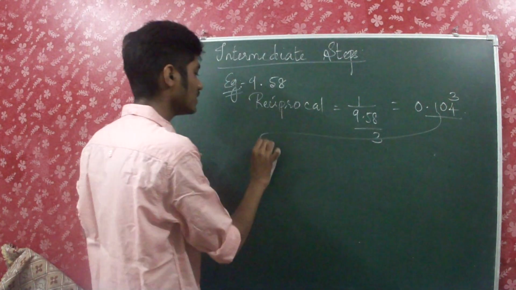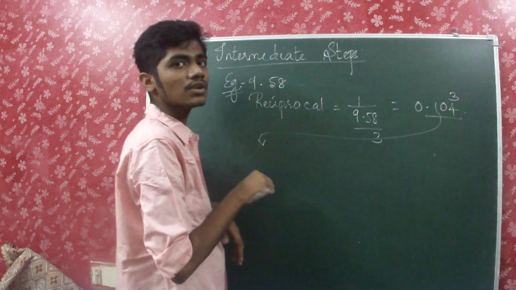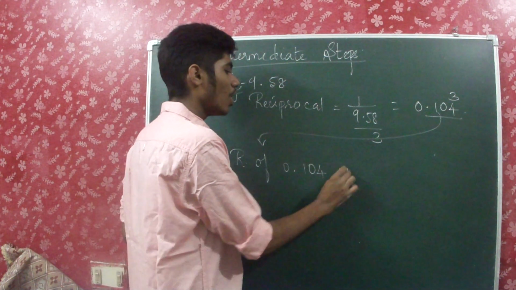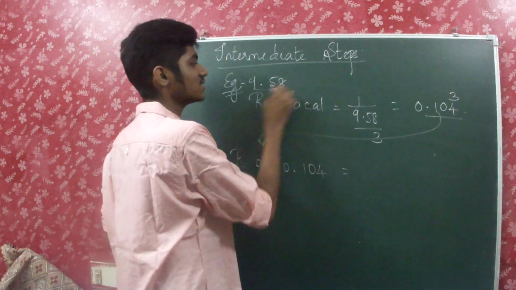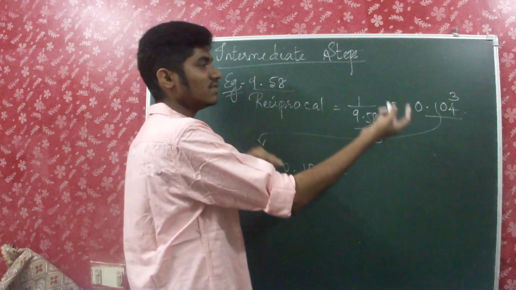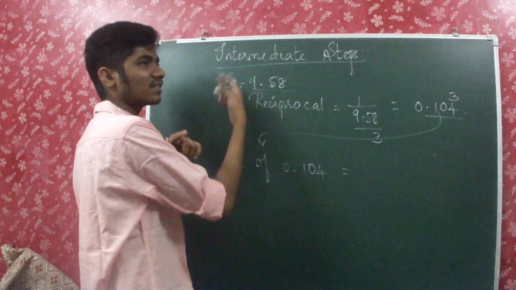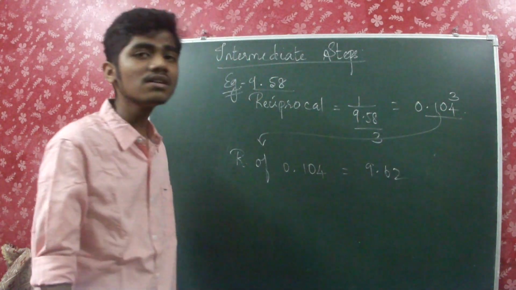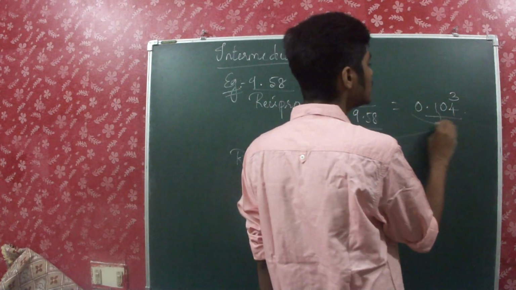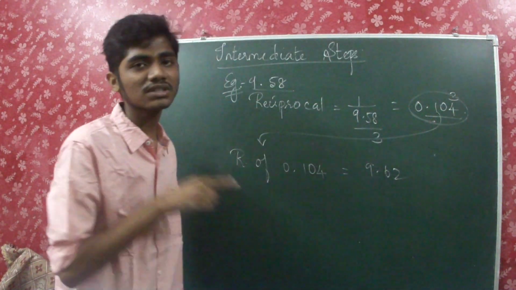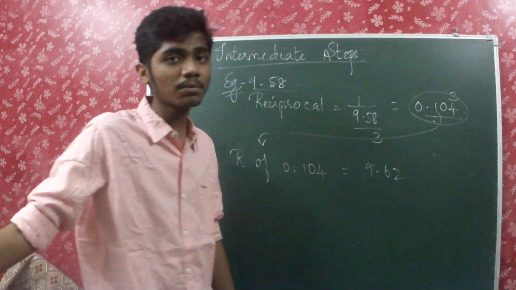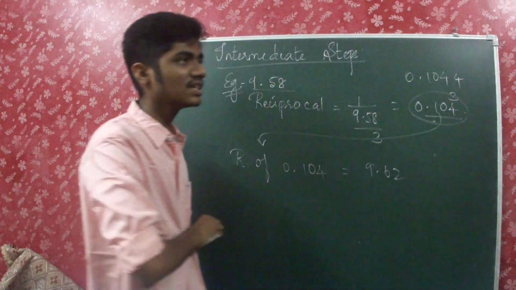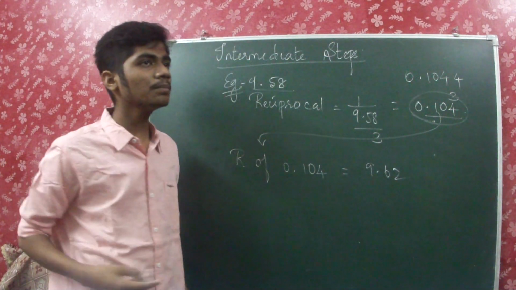Again, if you are going to calculate the reciprocal of this number, what is the answer you should expect? If you are calculating the reciprocal of 0.104, obviously any person would expect this answer. Am I right? Because the reciprocal of this gave this, so the reciprocal of that will give us back that. Am I right? But the answer turns out to be 9.62. So what is the thing which we have done here? Actually, this answer was not actually 0.104. Actually, we rounded that off to 0.104. It will be 0.1044.